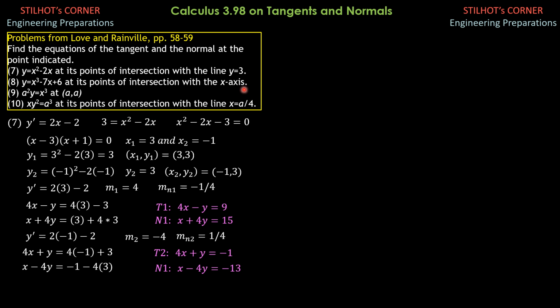So points of tangency will be on the x-axis, so that means y is 0 on the x-axis. We'll just solve for x. But before that, let's set up the formula for slope. y prime equals 3x squared minus 7x. Minus 7, sorry. So 3x squared minus 7, and for the points of tangency, we set y equals 0 here. y equals 0 equals x cubed minus 7x plus 6.